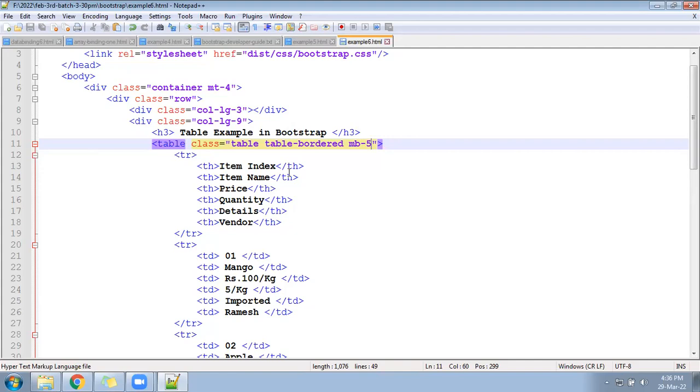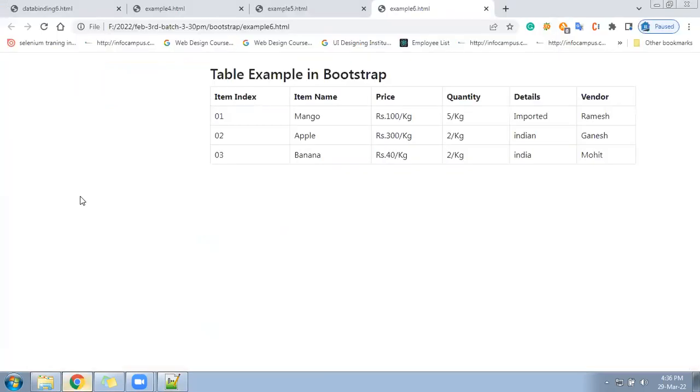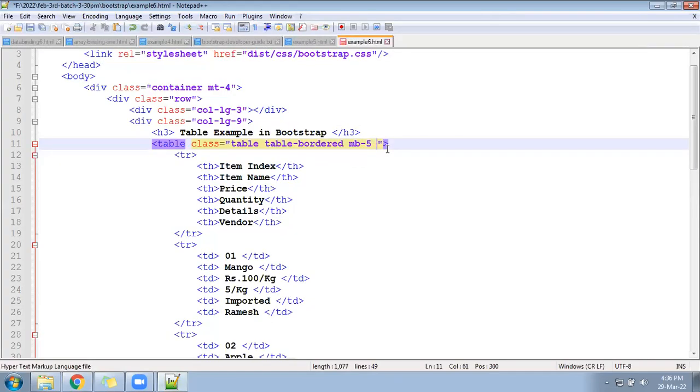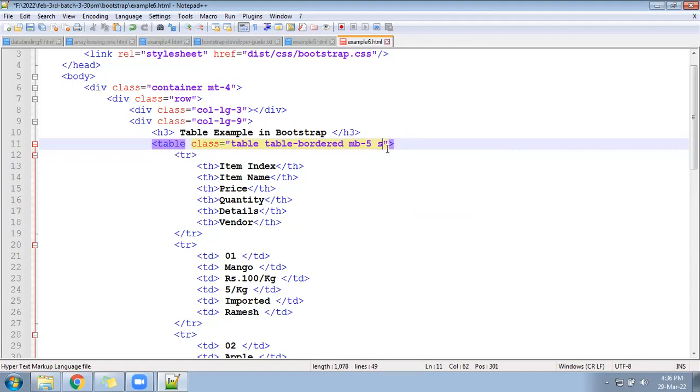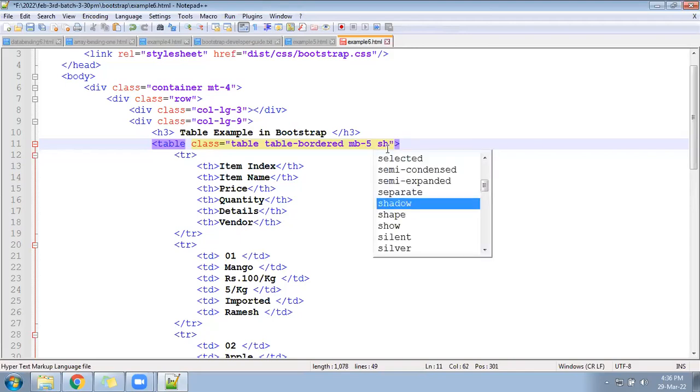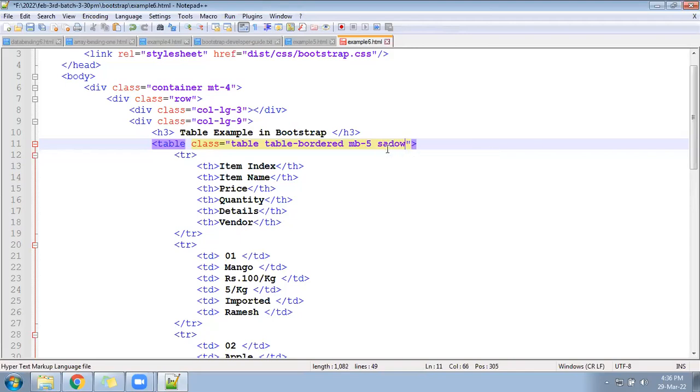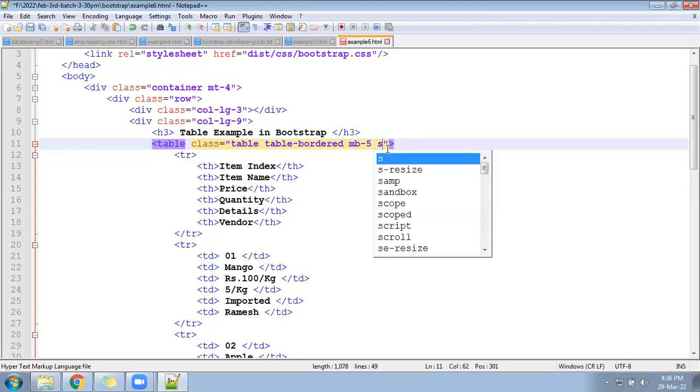Okay, so let us go to the browser and see how it is happening. Next, you can apply here a class called shadow. Apply the shadow class to the same table, and the table will look very perfect. You will find some shadow also got applied.